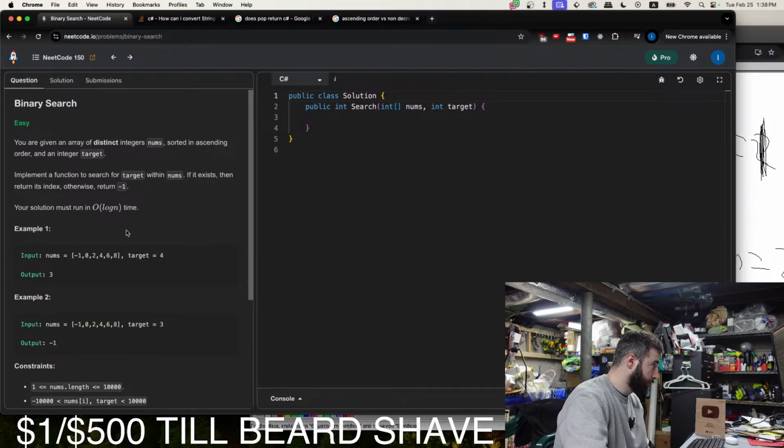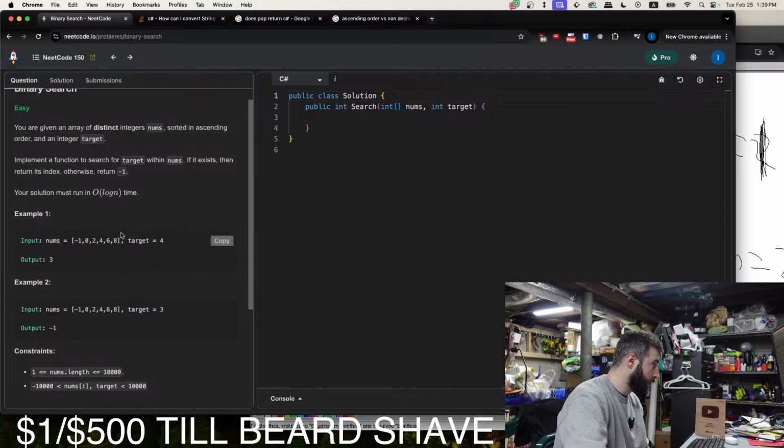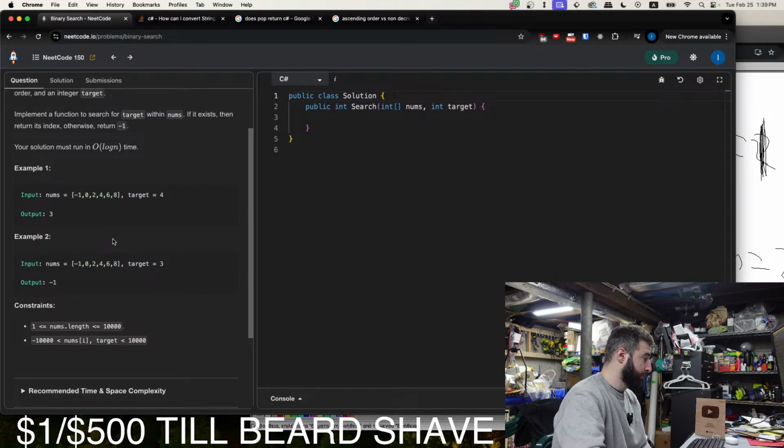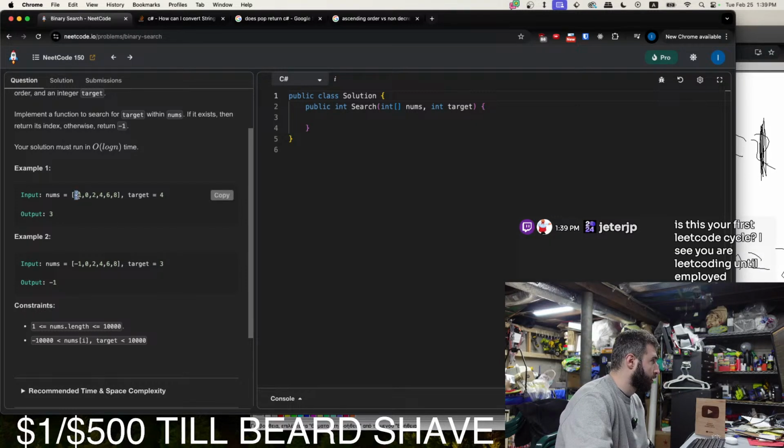Okay. Log n. And it's sorted in ascending order. Okay, so target is 4.